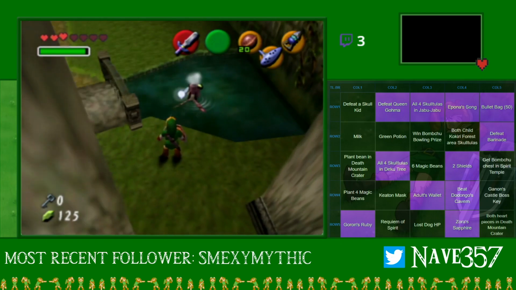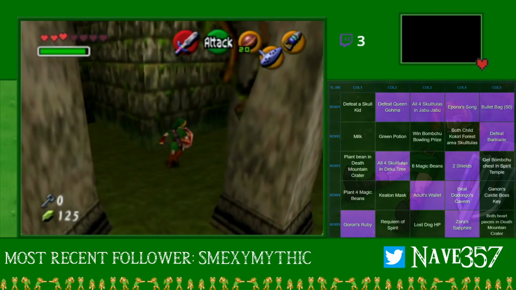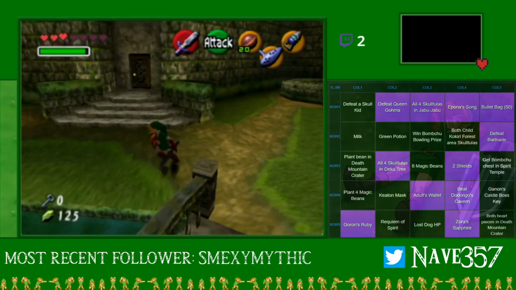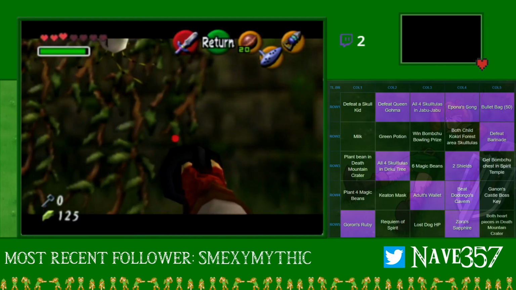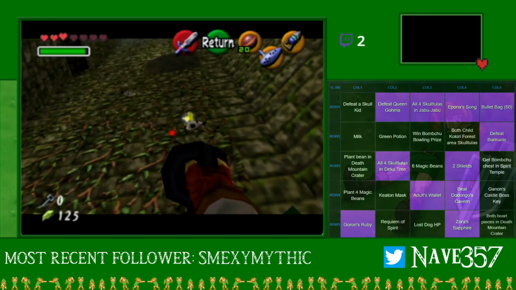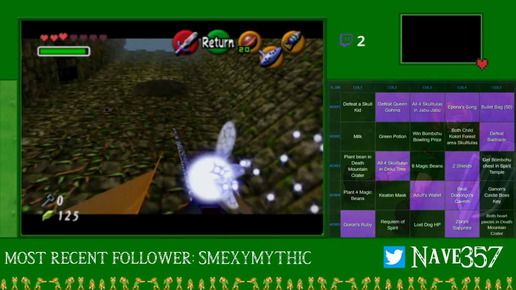Ha! Killed that sucker. He dropped some bombs, but I'm not gonna jump in the water for them. So there's nothing over here. I did see, however, some vines that we can climb. There's some skulltulas we need to get out of the way. Kill those two. That one's too high for the hookshot, so...